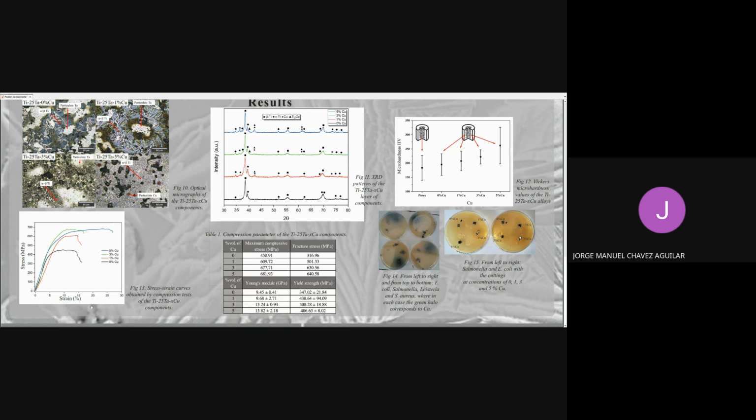In this figure, we show the stress-strain curves for the components, which reveal the stiffening of the components with the copper addition, which is demonstrated by the higher yield strength. Also, with the highest amount of copper, we found an increase in the plasticity of the sample. Higher copper additions to the components, higher than 7%,